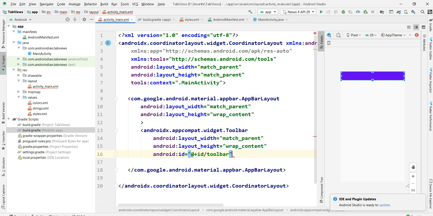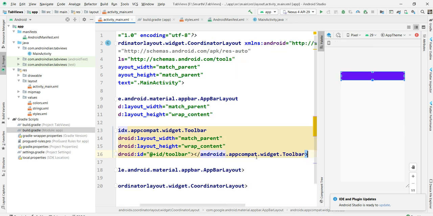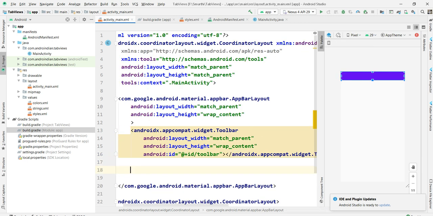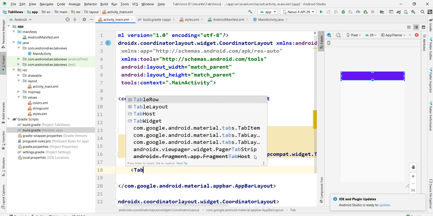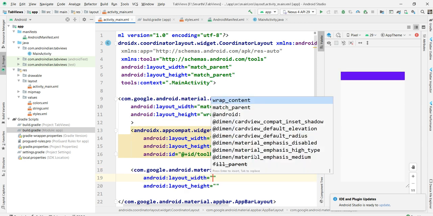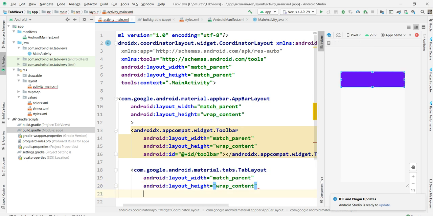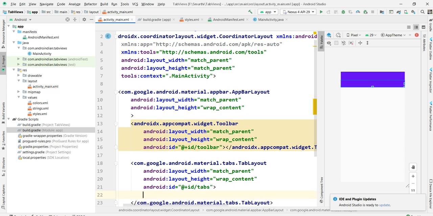I created this toolbar, so we can close the toolbar here itself. Now once we created this, after this toolbar, here we need to create one more thing, that is a tab layout, for the tabs. ID tabs, we created this ID as tabs like this.